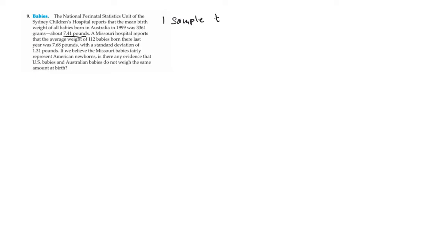Is there any evidence that US babies do not weigh the same amount at birth, right? That's important too. So P is really the question we just wrote down. Alternatively, they tell us the hypothesis that we're looking at: they're claiming that the expected weight is 7.41 pounds. They think our American newborns are going to be the same as Australian. And so alternatively we're going to say it's not equal to 7.41, because it's just wanting to know if it's the same or if it's different. This example, if we look at our assumptions,